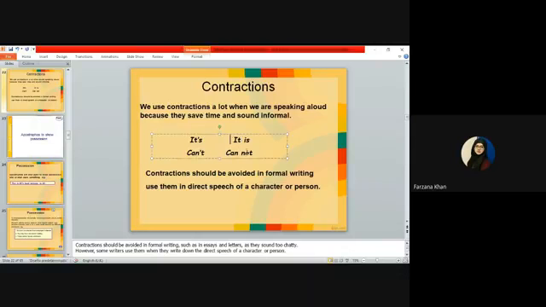We use contractions a lot when we are speaking, when we are talking to another person. But I would like to tell you one point here, that contractions are basically considered informal speech. So you need to avoid contractions in proper formal writing, such as writing essays or composing letters, because it seems too chatty, because it's an informal way. But when you are writing direct speech, citing a direct quote of someone, then you need to add contractions because you are going to write the exact statement of someone.